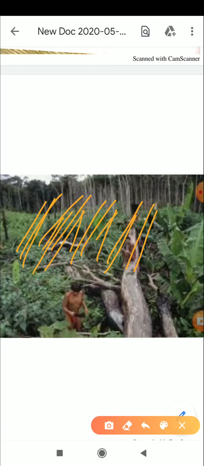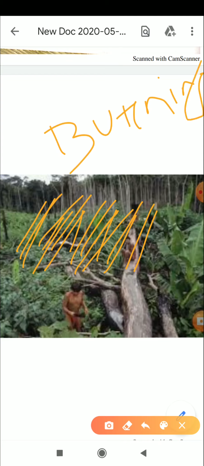All the trees are cut first. Second, they burn them. Third, the ash makes the soil fertile.